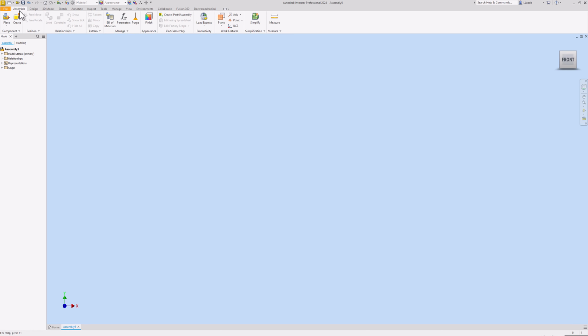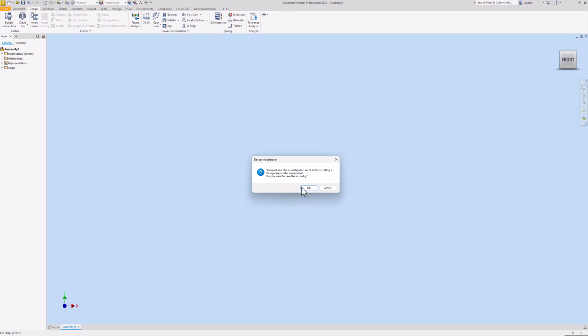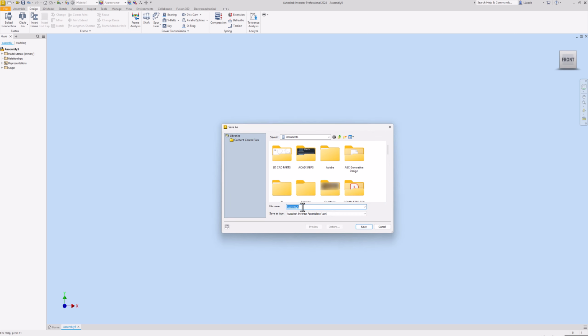And then what I want to do is go up to the design tab. So click design. I'm going to click on the spur gear, little image above it. We have to save it first, so it asks, do you want to save the assembly? I'm going to click OK. I'm going to save this here as